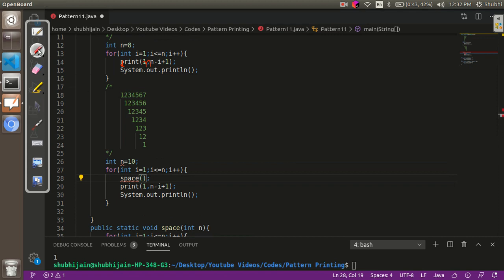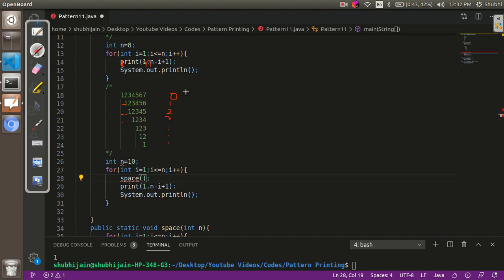So over here we now have to analyze how many spaces are to be printed. Now over here we can see that for the first row no space is printed. For the second row only one space is being printed. Third row has 2 spaces. Fourth row has 3 spaces, and so on.